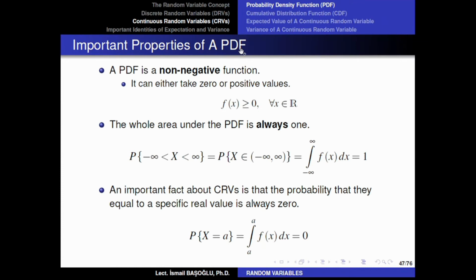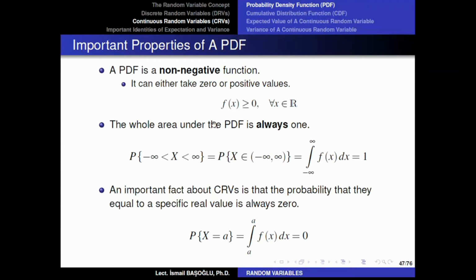So, just like the probability mass function, there are some common and important properties of a probability density function as well. First of all, I have already stated this, but a probability density function is a non-negative function. Why? Because of the axioms of probability. According to the axioms of probability, you can never define a negative probability. And if you cannot define a negative probability, then the probability density functions are supposed to be non-negative functions as well. Which means for all real values x, the probability density function of a random variable is supposed to be greater than or equal to 0.